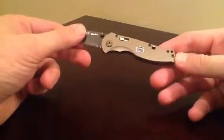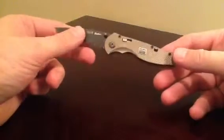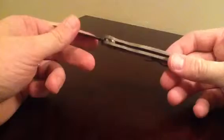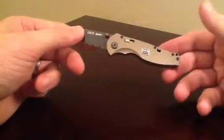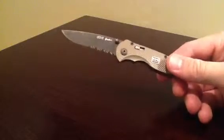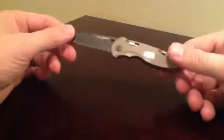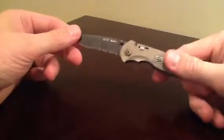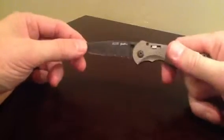So either that guy was kind of a jerk and just felt defeated at the show, or SOGs have blade play. I haven't had a SOG that hasn't had blade play. Post your responses. Post some videos. I want to see some SOGs without blade play, because as of right now, their 2012 brand new lineup